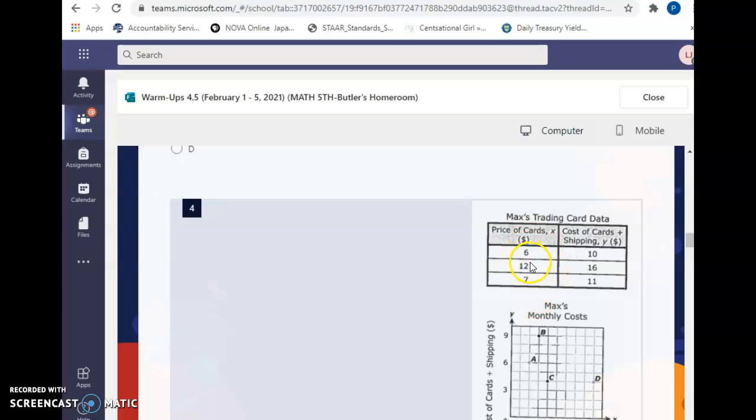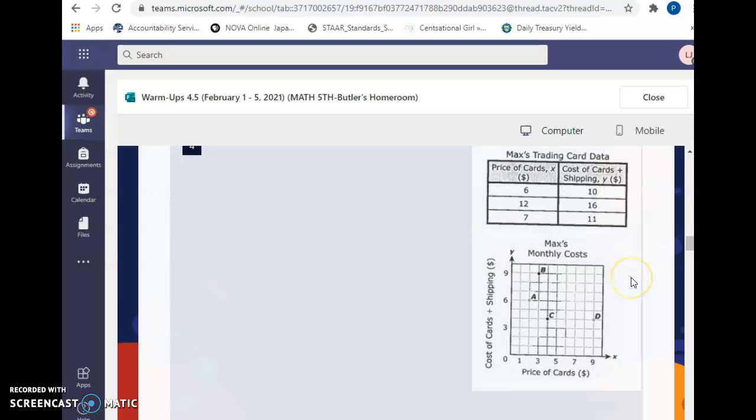It says if the price of cards is $6, the cost for cards and shipping is $10. If the price of cards is $12, the cost of cards and shipping is $16. And if the price of cards is $7, the total cost for cards and shipping is $11. You can see from here that the relationship is plus 4, right? You need to add 4 to each one to cover the shipping cost. The cards are $6 plus $4 shipping, and it will be $10. 12 plus 4 is 16, and 7 plus